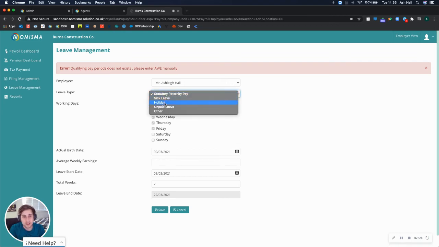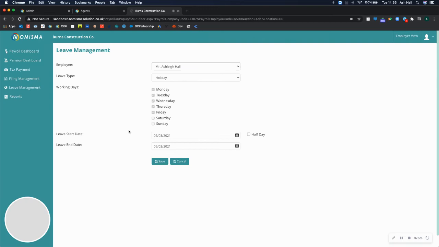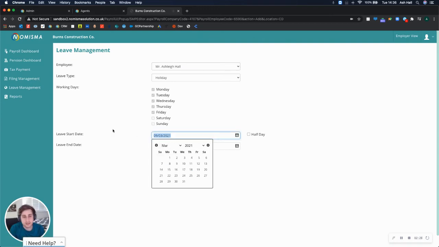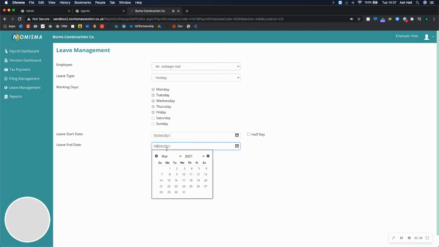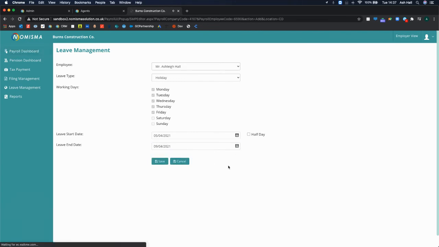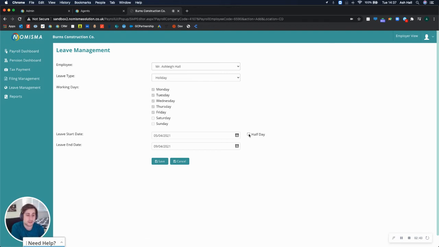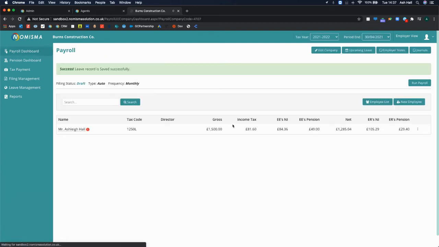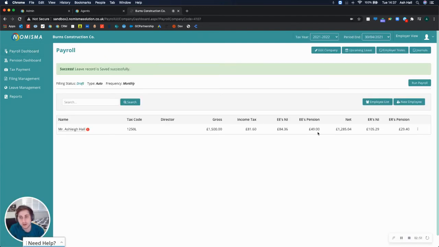But if I select holiday, then I can enter the period when this individual will be on annual leave. So if we put the 5th of April to the 9th of April, I can mark it as a half day if needs be. So if it is just one day, but it's actually a half day, you can select that. And then let's save. Now, when I go into the employee's profile now,